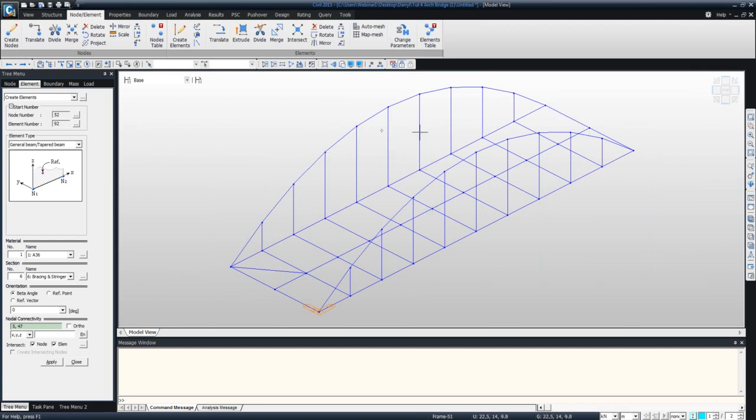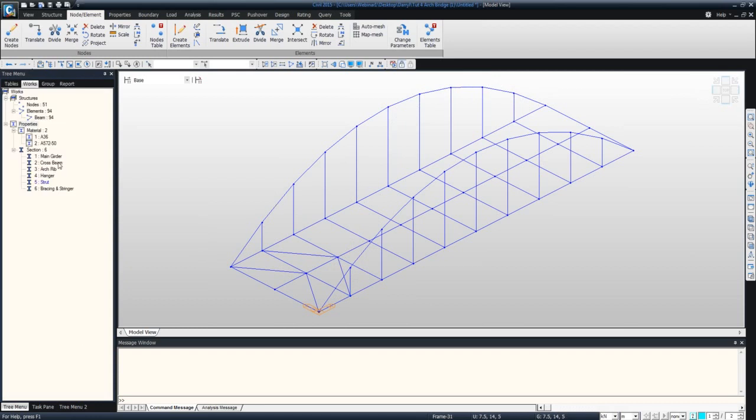So how do we deactivate these top portions? To make it more simple, instead of deactivating these arches, we can just go across from this view and create our elements. But so I can show you how to select a specific set of elements, let's go under Crossbeam, and bracing and stringer. So we'll select these, and then